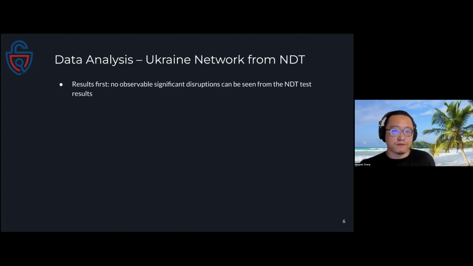This also matches what the community outside was observing: the connection to the Ukrainian networks stays stable and connected in most cases.